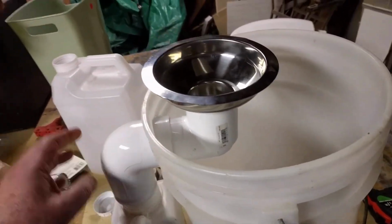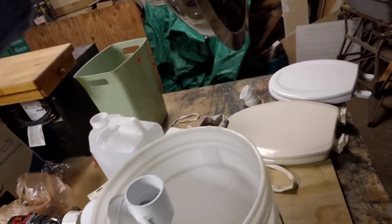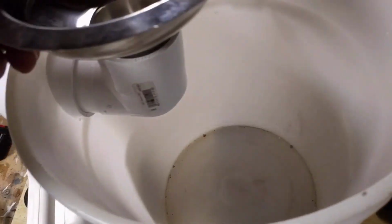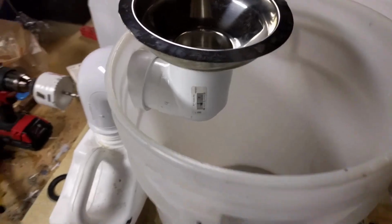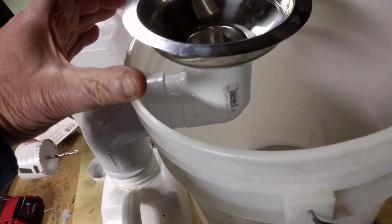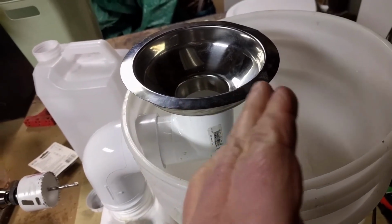So this piece here is going to mount to the toilet seat. So when you open the toilet seat, it comes up like this. Then when you close it, it comes back down and sits in there. There's enough room here that it fits easily, see? But I want to make sure it sits all the way down in it like that. So we get a good seal here. I was going to have it out here a little bit, but I wanted the whole edge of this ring to be inside the bucket in case a little drippage or something comes off